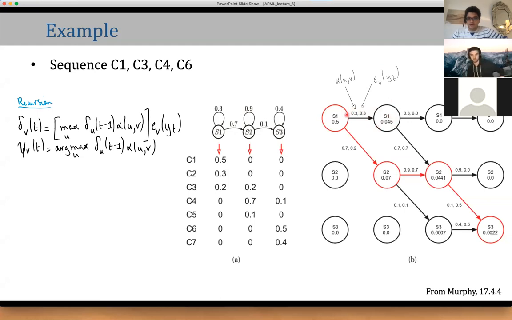Okay, so you can move. So you can update the probability here. In theory, for S1, I would take the max among S1, S2, S3. But here, those ones are 0. So there is only one possible value. It's 0.5 times 0.3 times 0.9. So that's this value. Okay. So I'm sorry, I'm a little bothered about that. But let's move on, and check how it works. We do the same to go to S2.